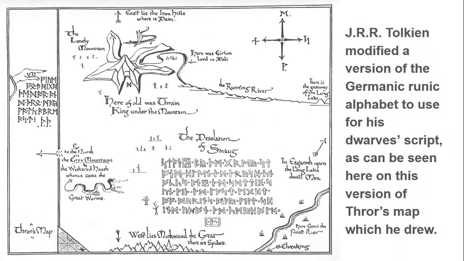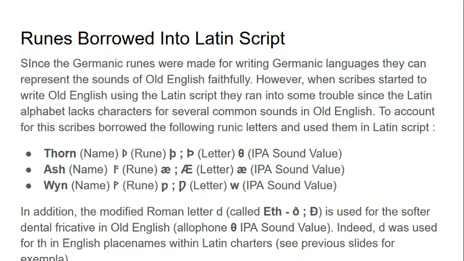You might notice also that the capital letters in his humanist minuscule script, such as in, say, the Desolation of Smaug, the T, the D, and the S, these forms are borrowed from Insular Half Uncial, which is the script in which so many of the early medieval English manuscripts were written. Very interesting stuff. So, the reason I've shown you the runic scripts is because actually in early medieval English the